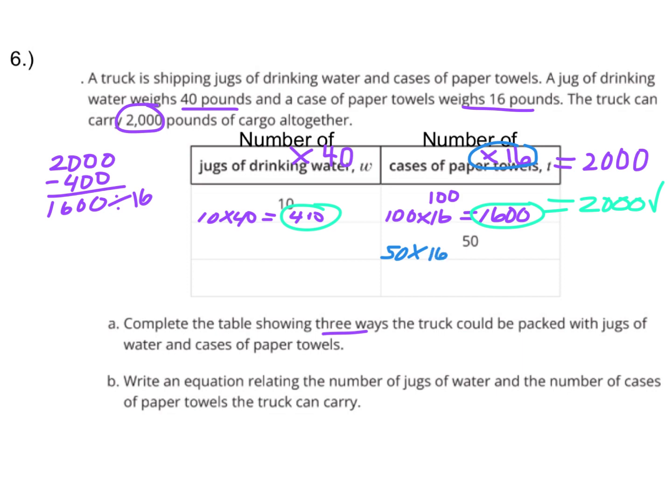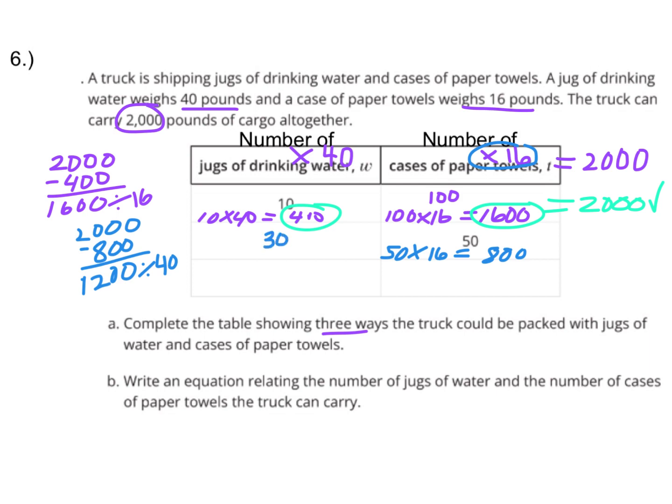So 50 times 16, well, 100 times 16 is 1,600, so this is half as much. So this will be 800 pounds. So now I take my 2,000 pounds, subtract the 800 pounds, and I'm left with 1,200 pounds. Now, how much water could fit? How many 40 pounds fit into 1,200? So I would divide that by 40. So 1,200 divided by 40, that's 30